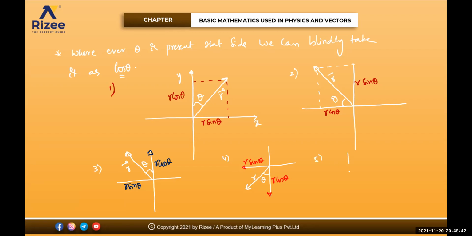Yes, sir. Now, this one. This is your theta. This is your vector r bar. Where is cos? Where is sin? Negative x cos, cos theta, sir. Very good. R cos theta, negative y sin, or sin theta. Got it, everyone? Yes, sir. Dheeraj, did you get it? Understood, sir. Any doubt to anyone? No doubt, sir. Chalo, very good.